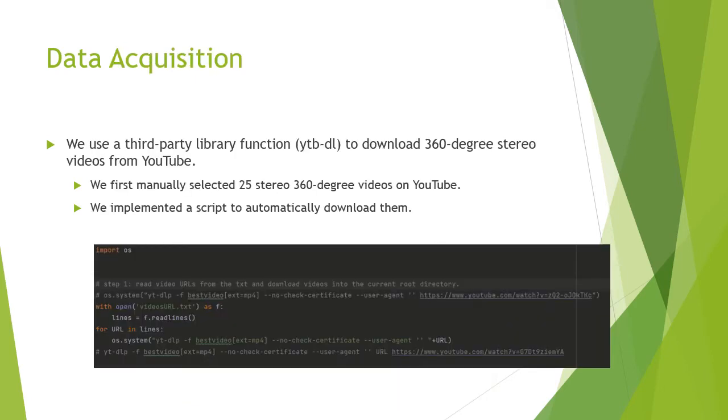Here is the implementation of the data acquisition step. We use the third-party library function named ytb-dl to download 360-degree stereo videos from YouTube. The reason why we use this third-party library function instead of manually downloading videos one by one on the YouTube website is that it allows us to download a group of videos simultaneously, which is more time